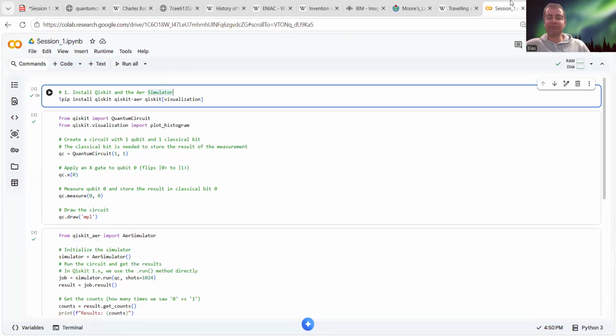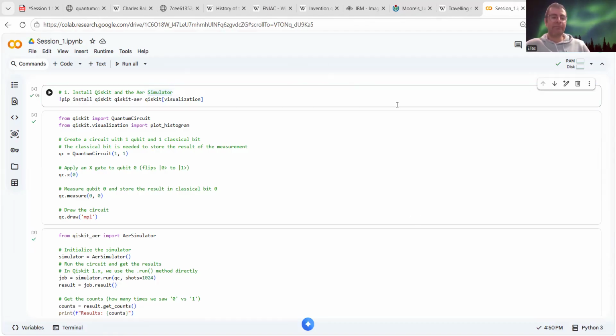There are a lot of great resources out there that you can use, including the IBM Quantum Learning website, which teaches you a lot of things you can already learn. But I'm going to show you a quick Python demonstration. This is on Qiskit. Let's see how we can build a quantum computer together. Of course, we're running on a classical computer, but still we can get a sense of it.